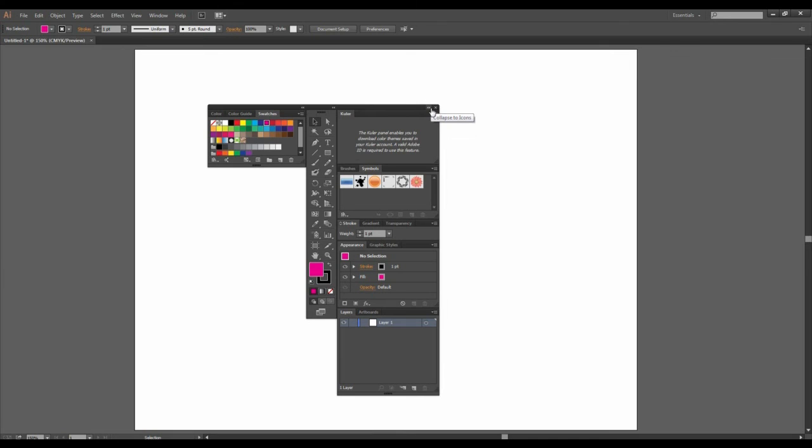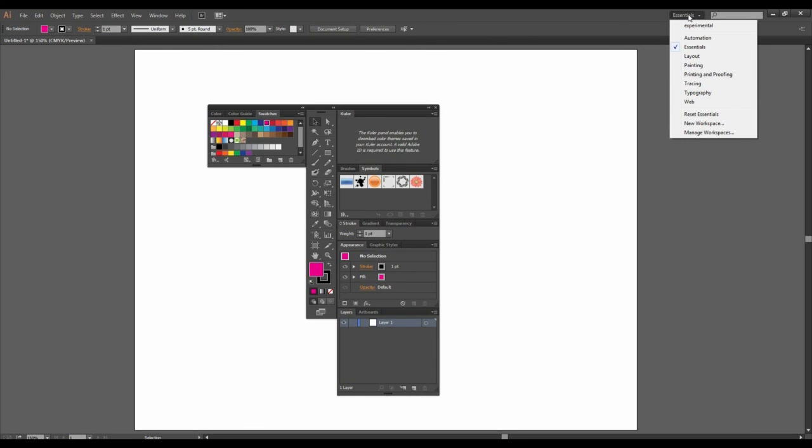Now it may happen to you that sometimes it will be a complete mess if you are trying to do something with the layout and workspace, and you make a complete mess out of it, like I just did, and I don't know what to do now. How should I handle all this? So there is an option when you go to the top right hand side of the window and it says Essentials. Just click on Essentials and it shows all the workspaces. Right now I'm working with the Essentials workspace.